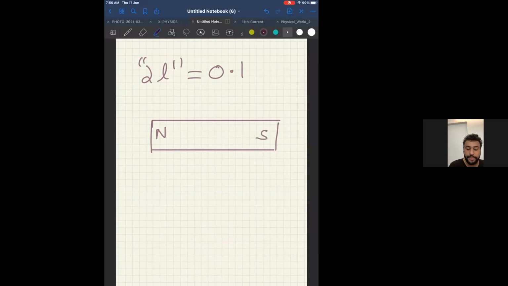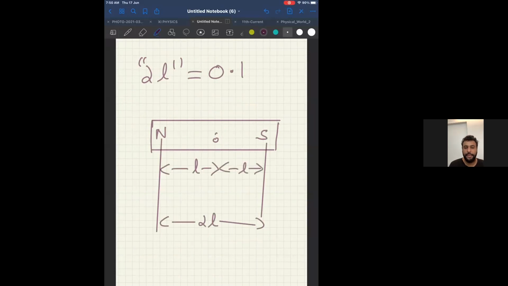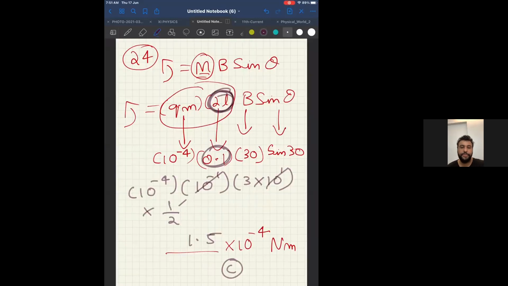For example, look at this. If this is a magnet, this distance is 2L, the magnetic length, because the distance from North Pole to center is taken as L and the distance from center to South Pole also is taken as L. Therefore, the total length of a magnet is 2L. Now, if you take only L, you will only get the distance from North Pole to the center or from the South Pole to the center. That is why whatever magnetic length they give you, you have to substitute it as 2L.